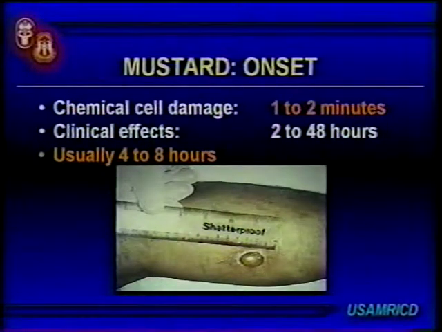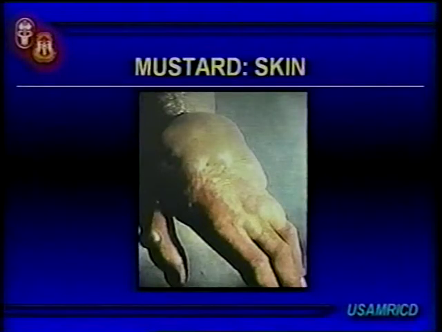Average 4 to 8 hours. Just a blow-up of a blistered hand with mustard that you've seen in the smaller picture earlier. Little bitty blisters all over. A couple big bullae have formed from the coalescence. By the way, there is no mustard in these blisters. Hospital personnel, medics, are absolutely not going to be harmed by the blister fluid. There is no mustard in these blisters.